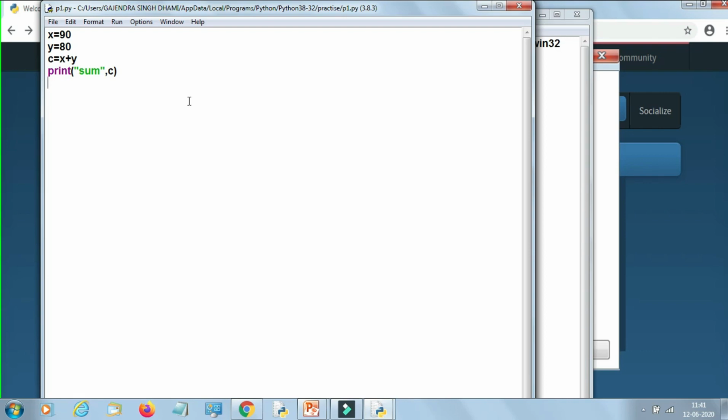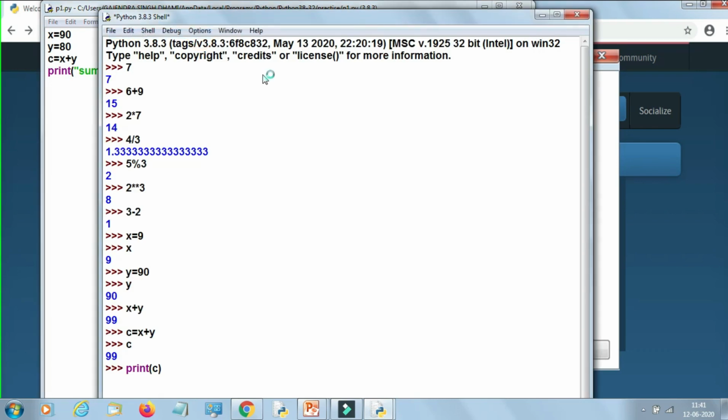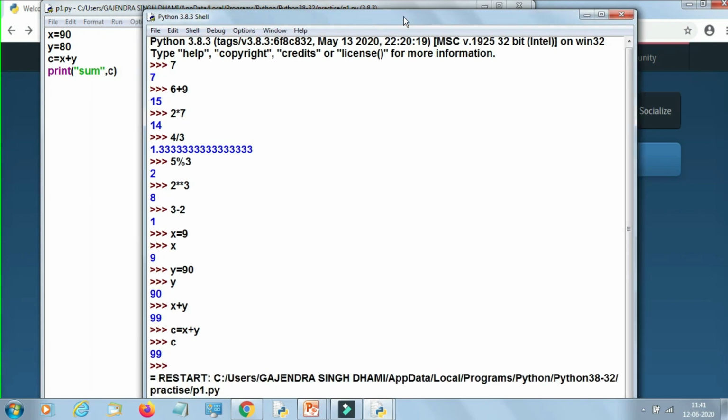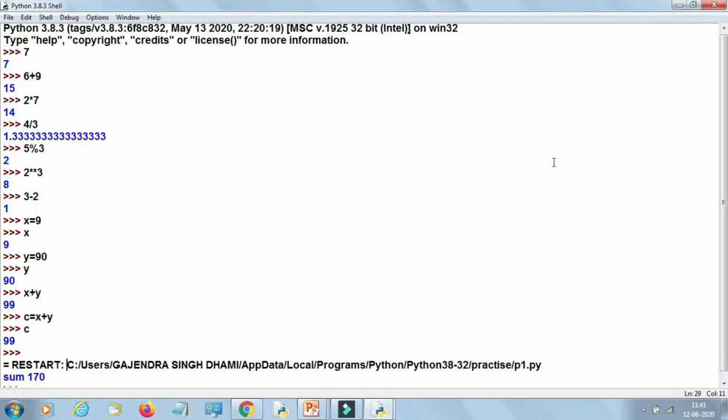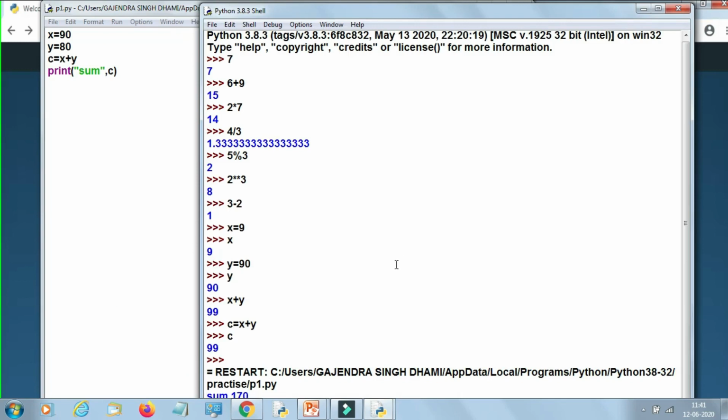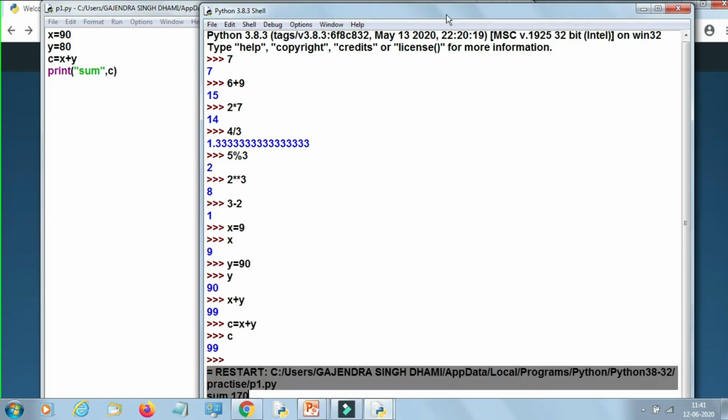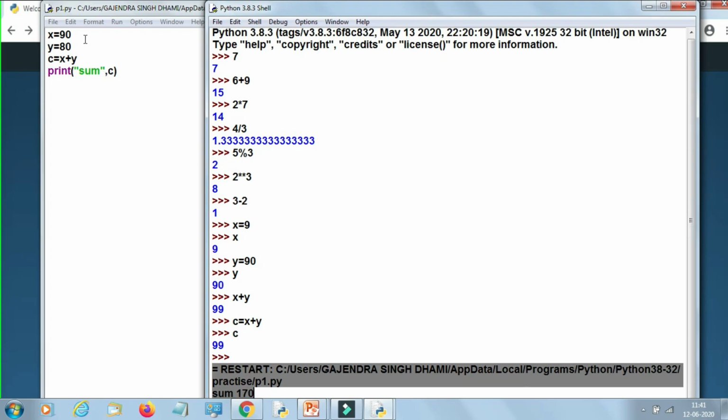The last thing is executing this. To execute, you can click on the Run option, or as a shortcut, type F5. Clear? I'm just pressing F5. As you click this or press F5, the shell window will appear as the output window, and your answer can be seen. It was already open, so now it is activated. At the end, you can see your answer as 170. This is 90 plus 80, 170, and before that a message, sum.